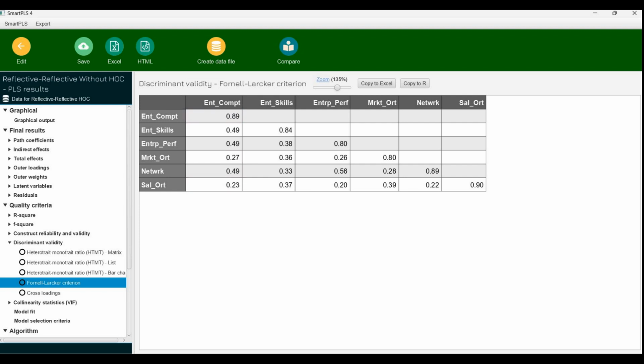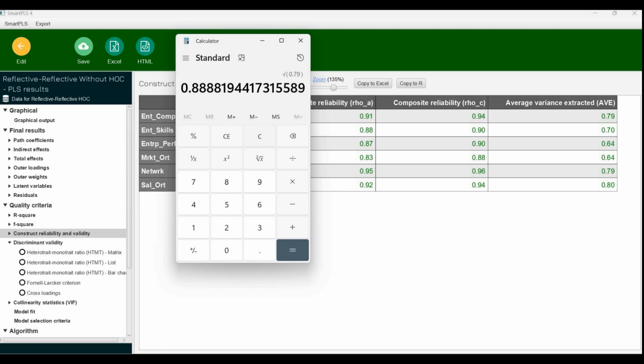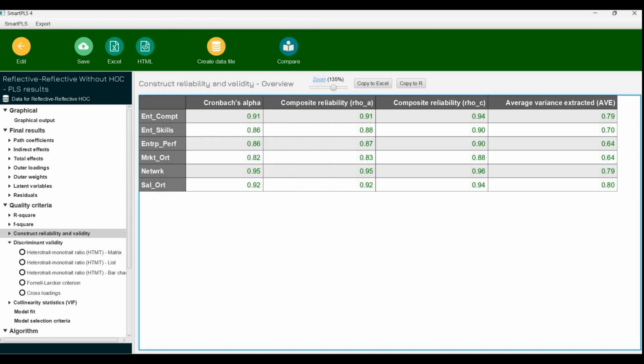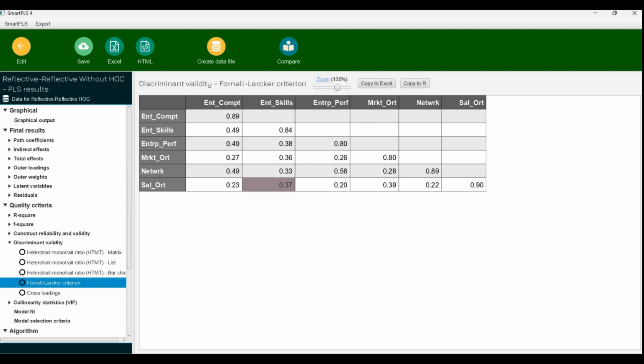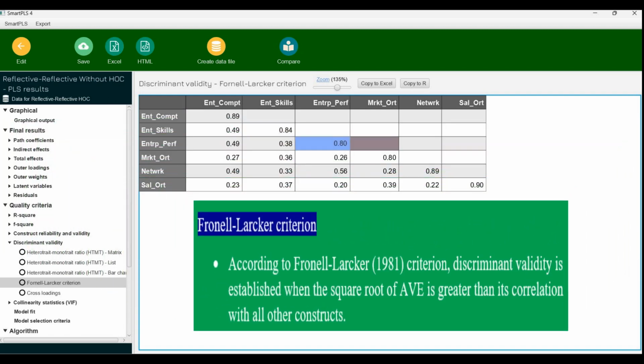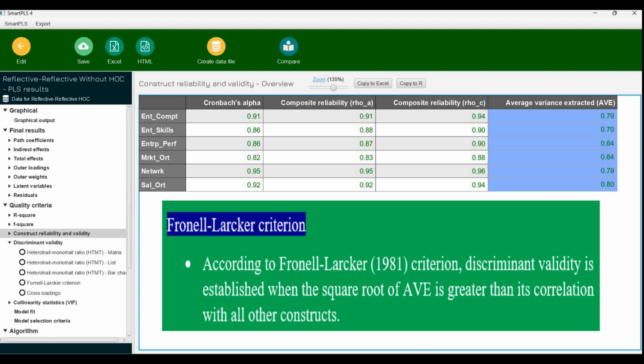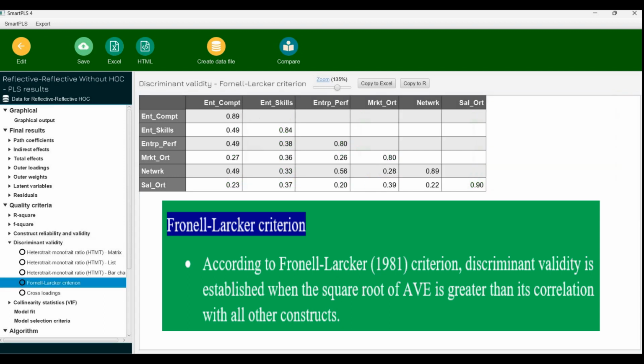For another value, for example, sales orientation is there. Sales orientation's AVE is 0.8. If we take the 0.8 square root, it's 0.8944. Again, sales orientation, if you round it up, will become 0.9. So now these values are basically the square roots of our AVEs. If you take the square root of all AVEs, we will get these values, which must be greater than the values in this